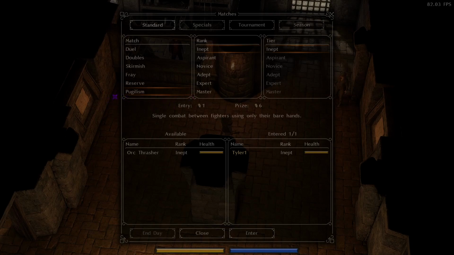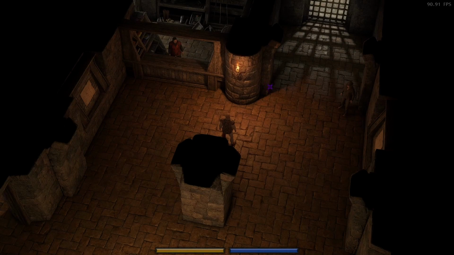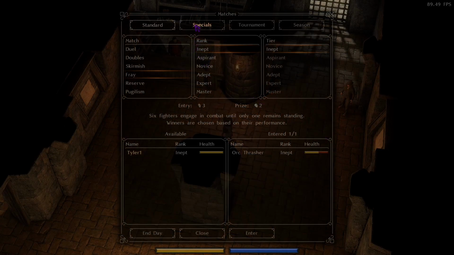And the thing about Pugilism is it doesn't make you much money. It's only a one-on-one fight, so you don't make that much XP. But what it's used for is, if I can get an example, rightio. So now that I've gone ahead and lost that fight, you can see here that